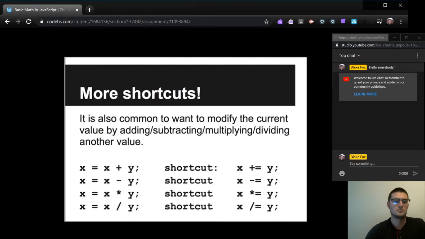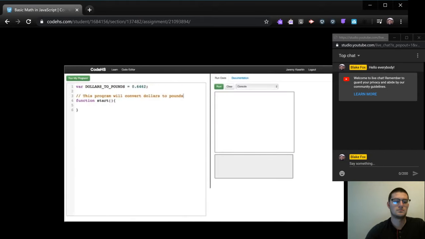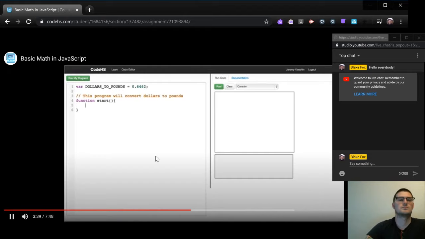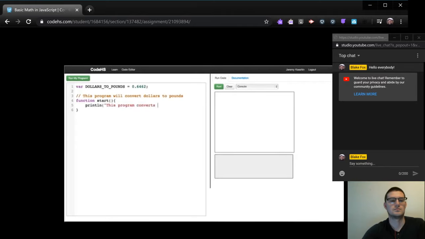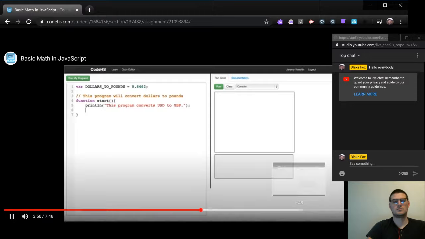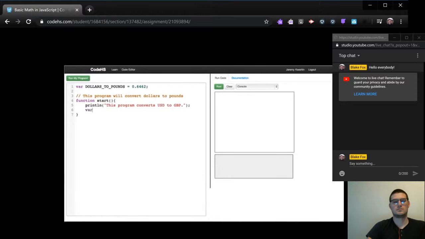So using this, let's go and write a few example programs. The first thing we want to do is write a program that will convert US dollars to pounds. So we'll start off by printing out what the program will do. This program converts US dollar to Great Britain pound. So what we'll do first is read in the number of dollars from the user. So we'll say var dollars is equal to, and since the dollars can be a fractional amount, we'll say read float, and then we'll say